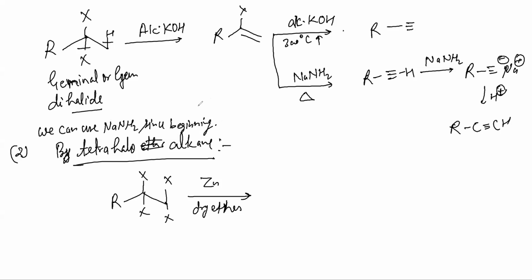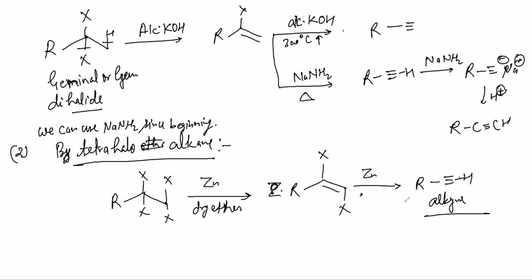So what will be the product here? Can you tell me? ZnCl2 will form, sir, in the first step. First of all, I hope you understand, you are going to get this. A double bond, sir. Yes, correct. You are going to get a double bond first of all. And then, if you keep treating it, you will get this also. Okay, this is alkyne. I hope it is clear.